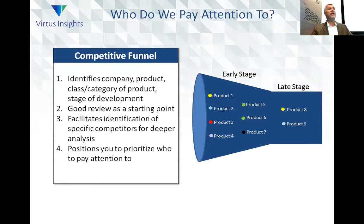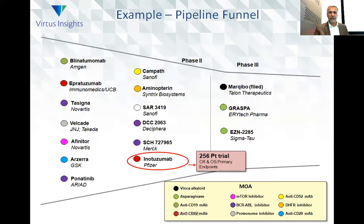It facilitates the identification of big competitors that are coming down the pipeline, and it positions you to prioritize who to pay attention to. This is a real-world example. Company developing a therapeutic for the treatment of acute lymphoblastic leukemia. Okay, you have a very exciting product, but look how crowded this market is. And why I like the competitive funnel